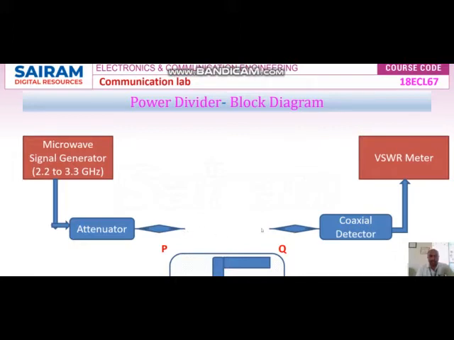First we can connect P and Q directly and set the frequency of the signal generator to 2.2 GHz, 2.3 GHz, and set the VSWR value. First set the VSWR value to minus 15 decibels. Okay, later vary the frequency of the signal generator. Understood? Correspondingly note the VSWR value, that is the input power at the various frequencies.